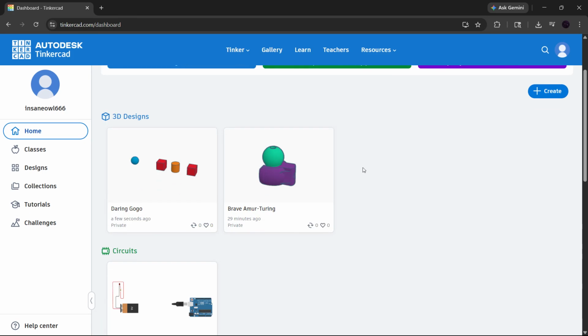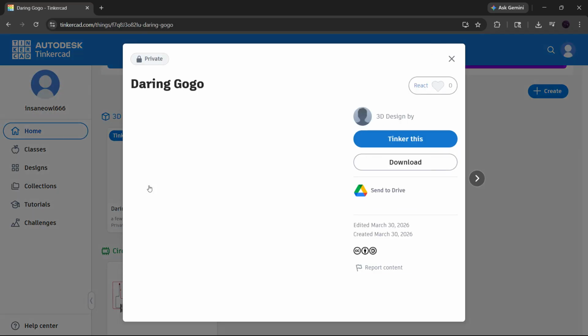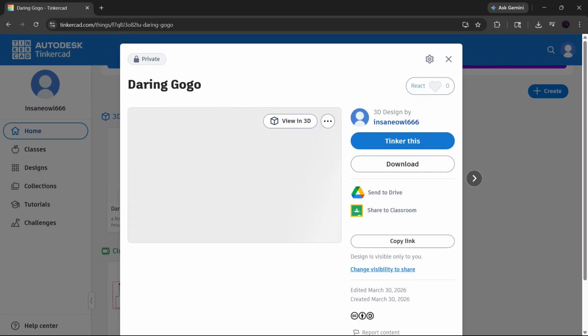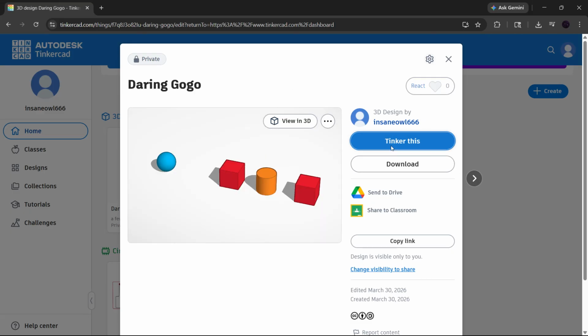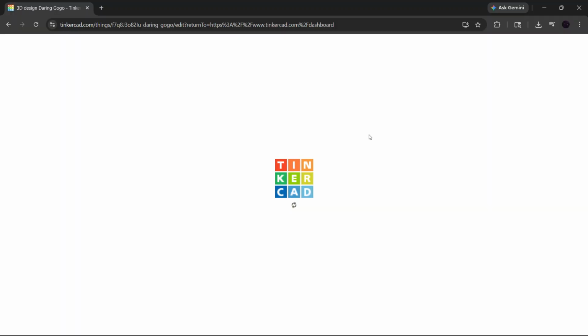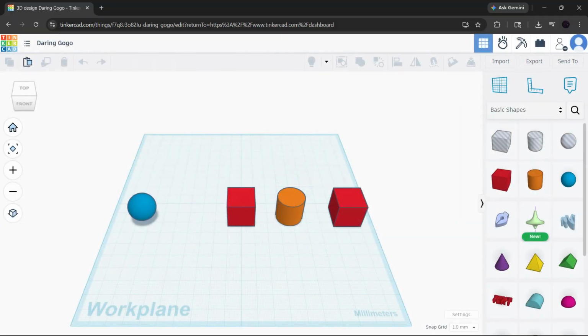Next, let's rename your project. By default, Tinkercad often gives your design a funny or random name, which can make it hard to find later if you have a lot of projects. To change it, click the default name at the top left of the screen. Then type in a custom title that makes sense to you. For example, you could name it based on what you built, like a keychain, bracket, prototype, or school project. Renaming your file now will save you time later when you return to your dashboard and need to locate it